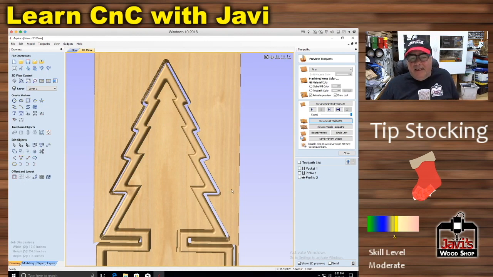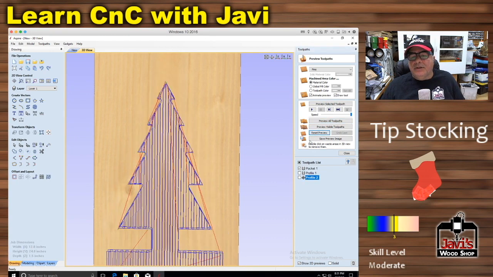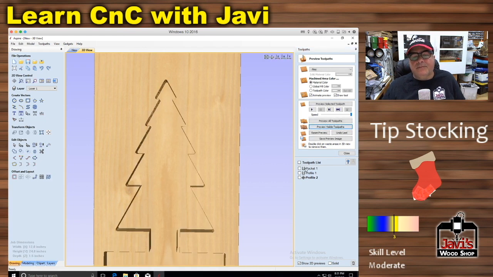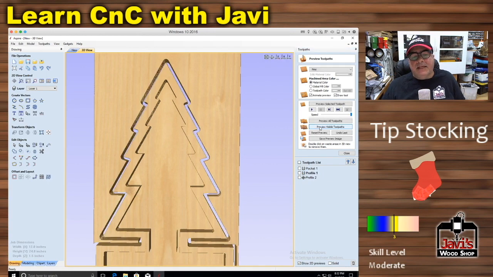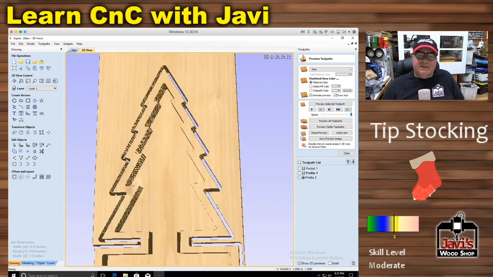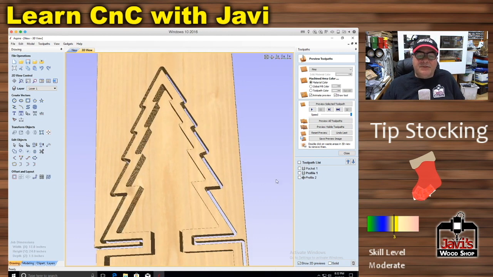One more thing that I'd like to do is talk about order of operations. Right now what's happening is the machine will cut this one first, then it will cut this one, and guess what? Now your piece is completely loose, and when you go to cut the last profile, which is